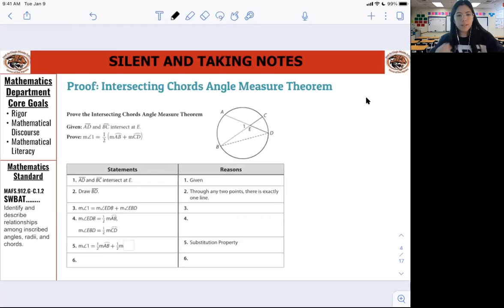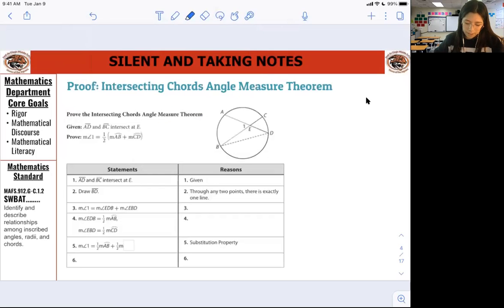Let's follow along and see what they did already, and then we'll go from there. They're telling me that AD and BC intersect at point E. That's given. Then we're going to draw BD because you can. Because through any 2 points, there is exactly 1 line. So they drew that extra line, BD. Then it's saying that the measure of angle 1 is equal to EDB